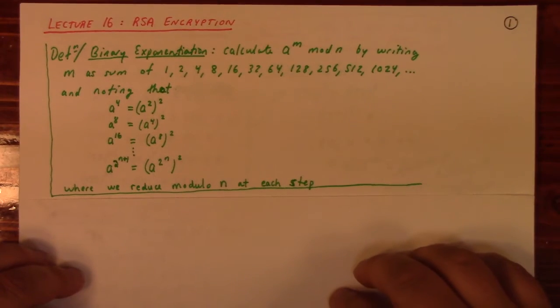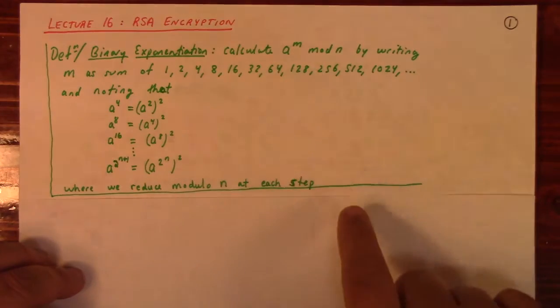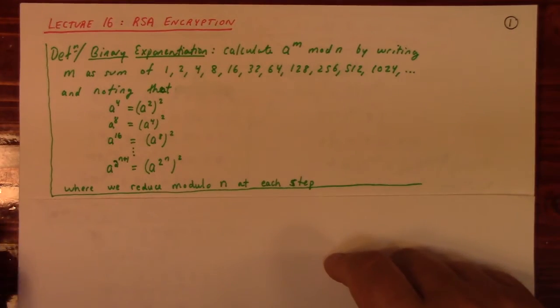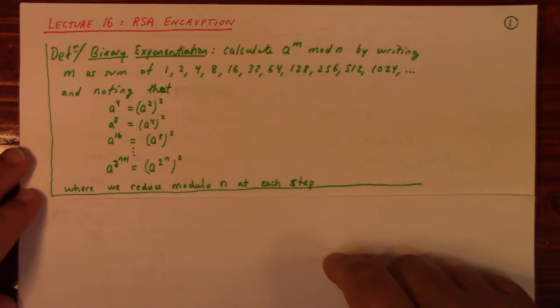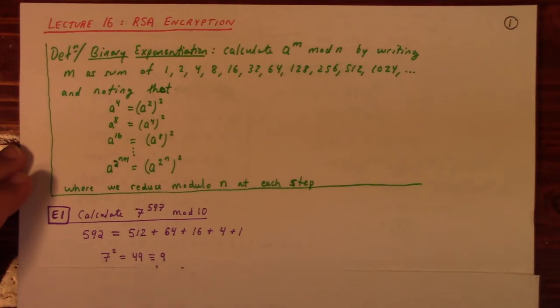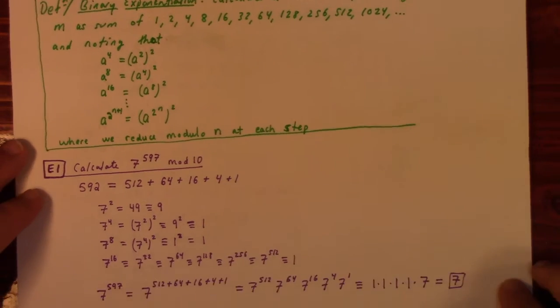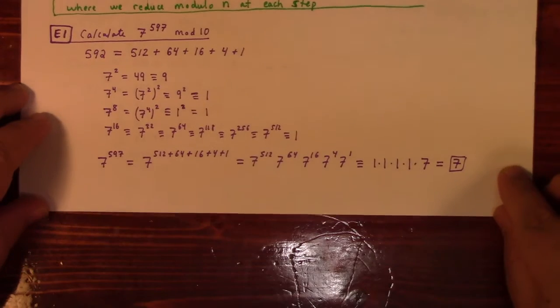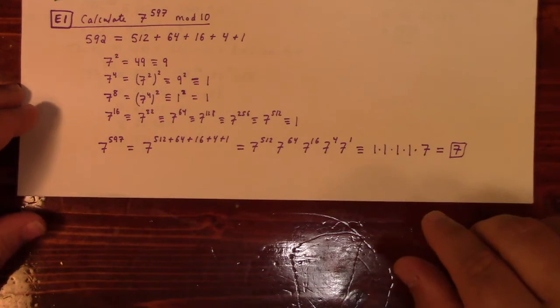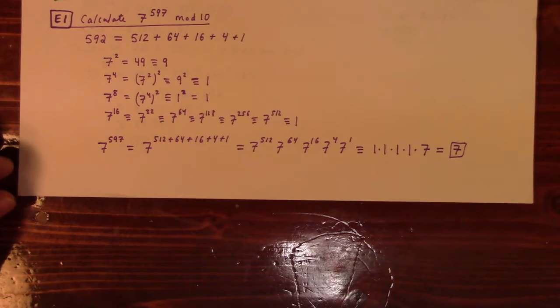So you can look at this in terms of the binary expansion, like zeros and ones of m, but I've chosen not to do that as I think it's a distraction here. So anyway, this is called binary exponentiation. Let me give you an example. So, here's an example of the idea. So to calculate 7 to the 597 mod 10,